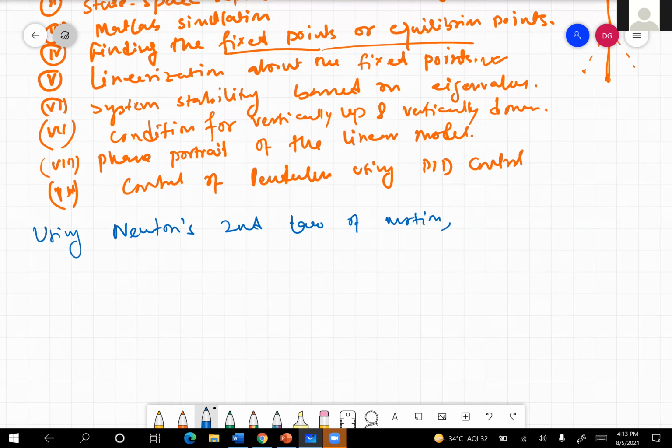The equation of motion of a single pendulum system we can write